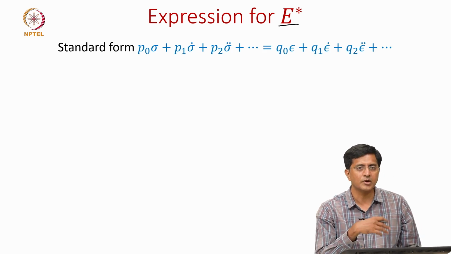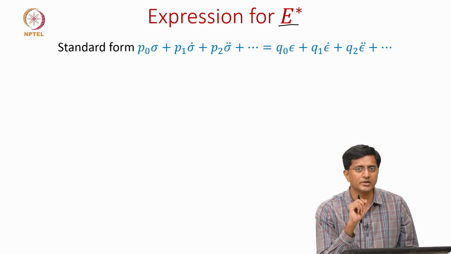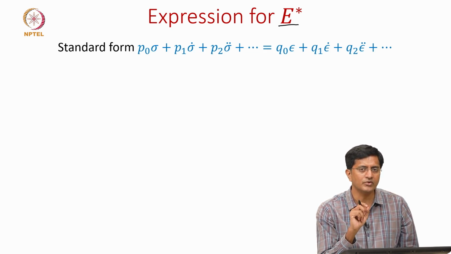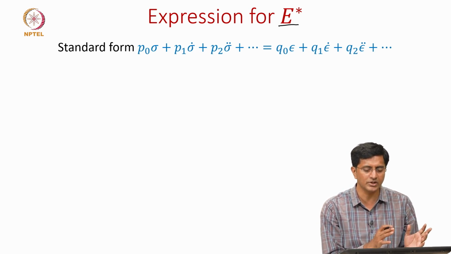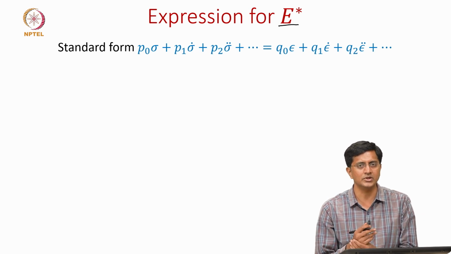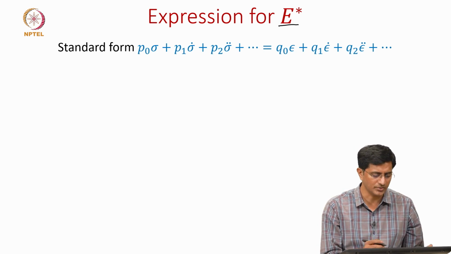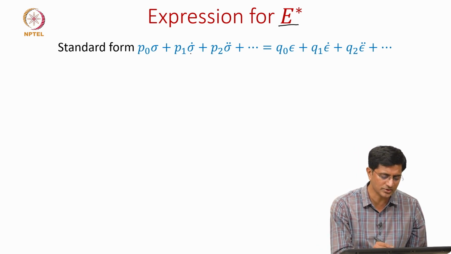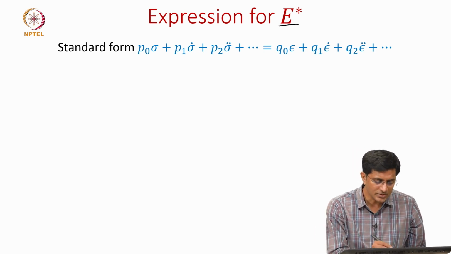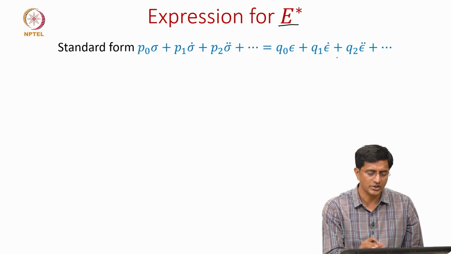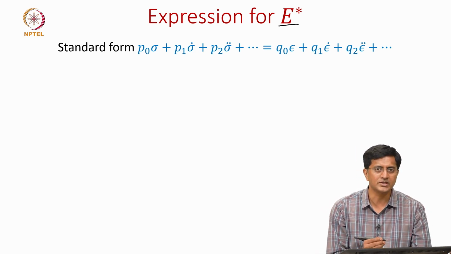Previously, when we were discussing the mechanical models for Kelvin and Maxwell, we were able to write the differential equations, and we said there is a standard form, meaning we have all the stress terms on one side of the equation and the strain terms on the other side, written in increasing order of the derivative, starting with sigma, first derivative of stress, second derivative, and so on. So, this is the generalized differential equation for a viscoelastic problem, but now let us consider a strain input,